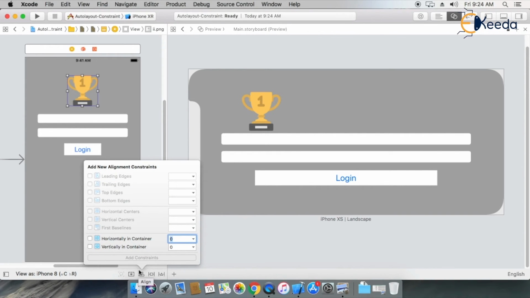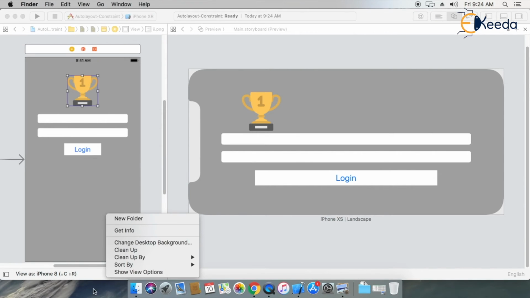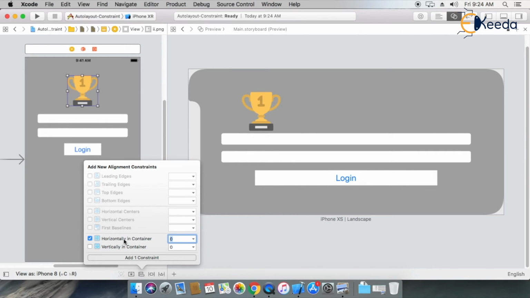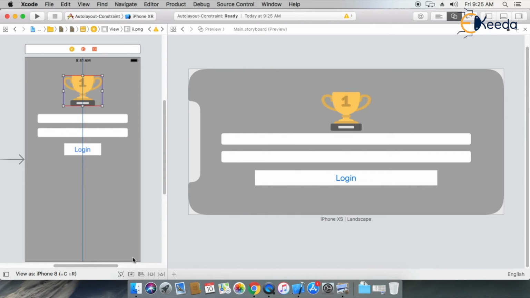Using this option you can see different options like horizontally in container and vertically in container, but right now my image view is horizontal. So I'm selecting this option, horizontally. First I select my image view, then select this option. So now I set the first constraint as horizontally. Now you can see on your landscape mode, your image view has been set up perfectly